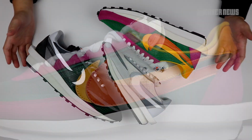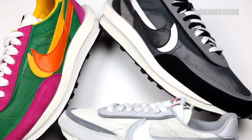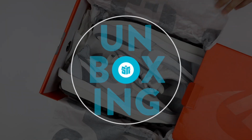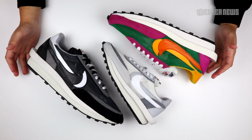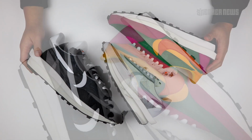So what's being called one of the best shoes of 2019 is coming back in 3 more colorways. Let's take a closer look at the Sacai Nike LDWaffle. What's going on, guys? You're watching Sneaker News on YouTube, and today we're taking a closer look at Sacai's next